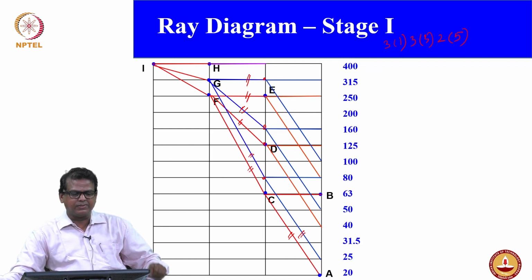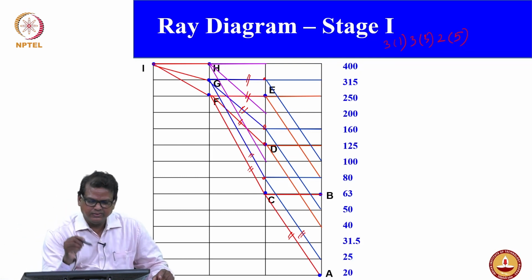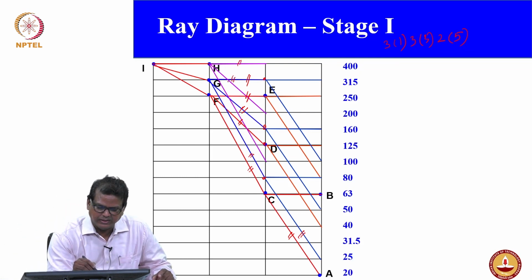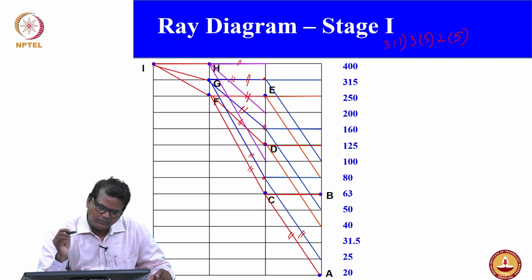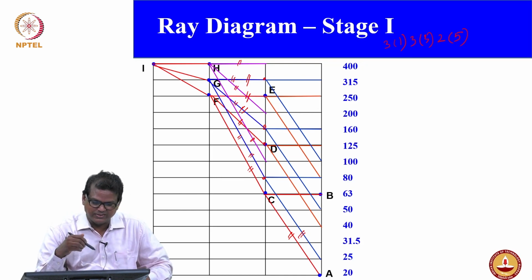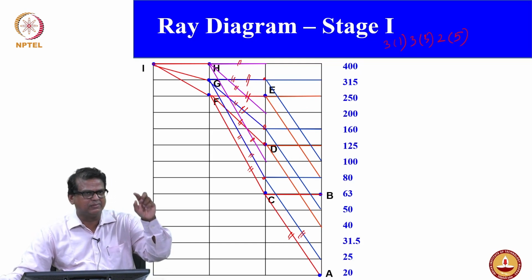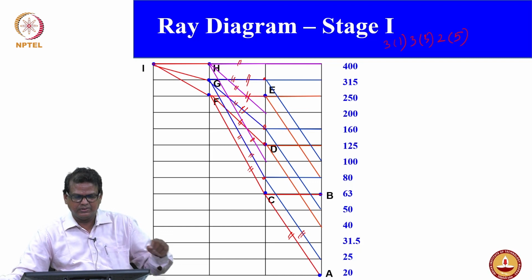Now the final thing is another output speed in G. G is over, now H is there. From H we will have 3. You can see that this line and this line are parallel. Then you will have this purple line and this one is parallel, then this purple line and this one is parallel. So now you have three parallel lines, you can see that, from H, G and F, each will have three lines. If you extend it,